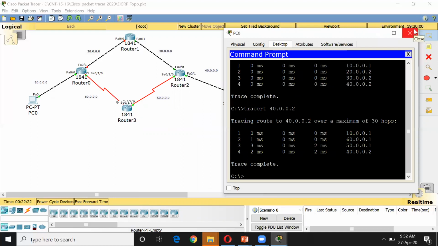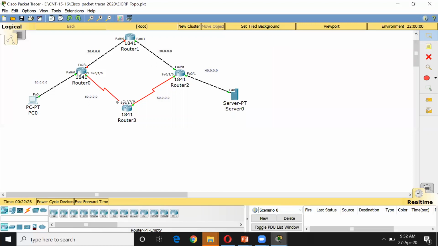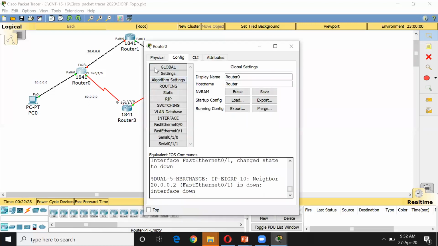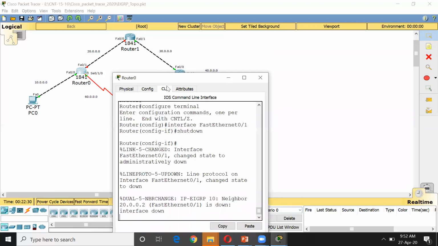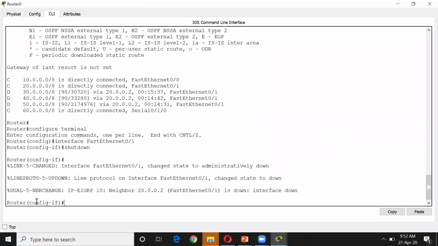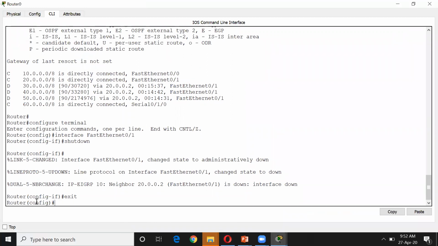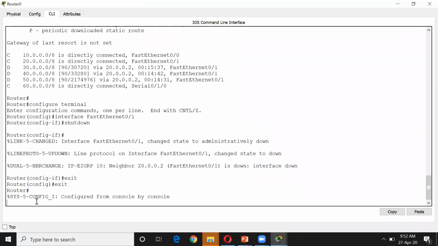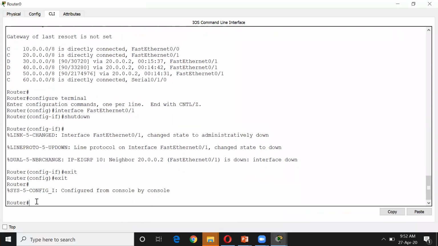So this was regarding show IP route. So we'll see some more commands of EIGRP. So now in the CLI mode of router 0, just exit from this and we'll see a list of commands. First is again exit, and we are in privileged EXEC mode. So here we need to give a command like show IP